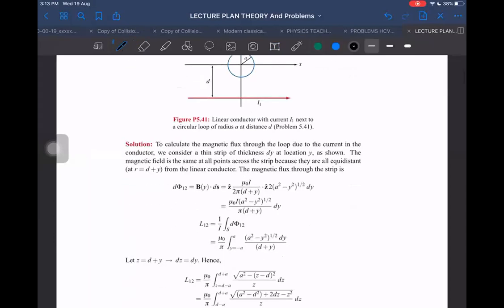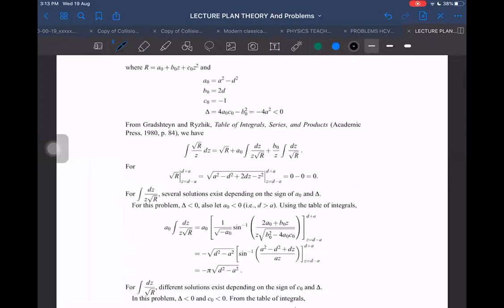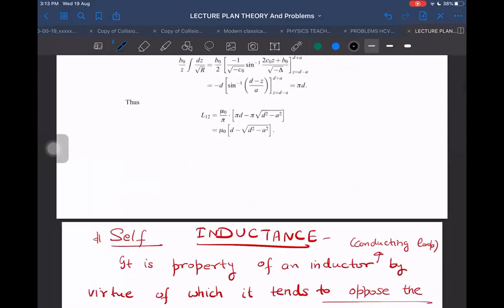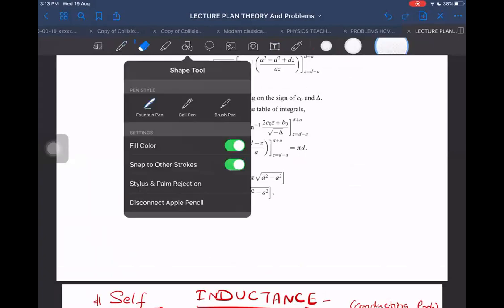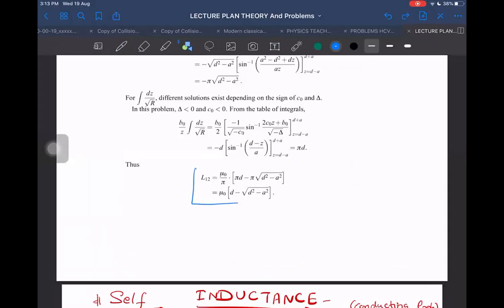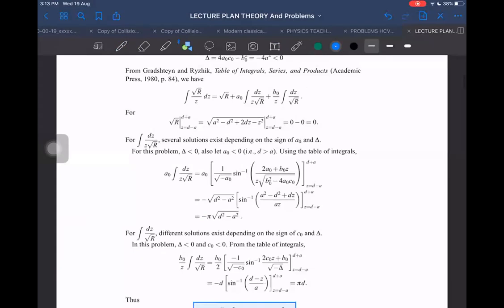So how are they doing it now? See, they are integrating it in this way, this way, and the result at last comes out to be a somewhat complicated integration. At your level, I think this question will not be asked. But if somebody is interested to see, then I thought I should tell you this also. So therefore, I just brought it here. You can go to see what are the steps involved in integration.